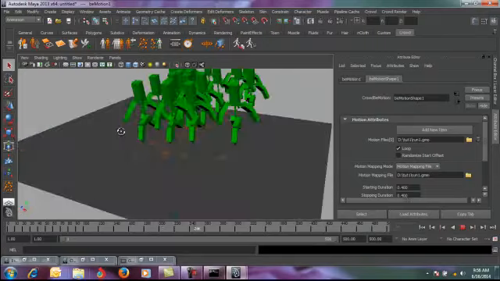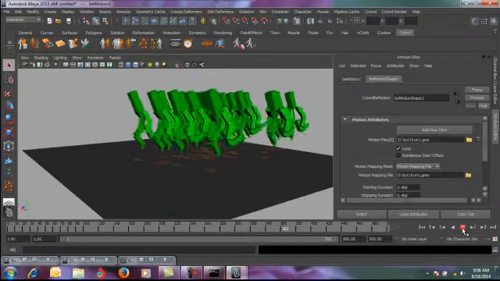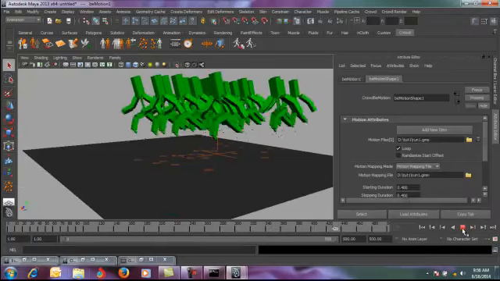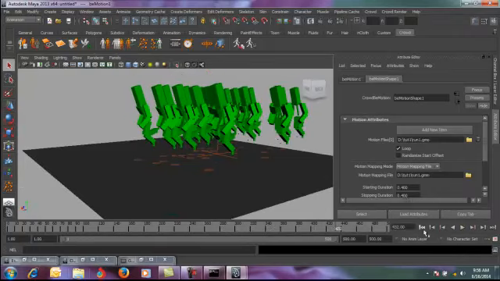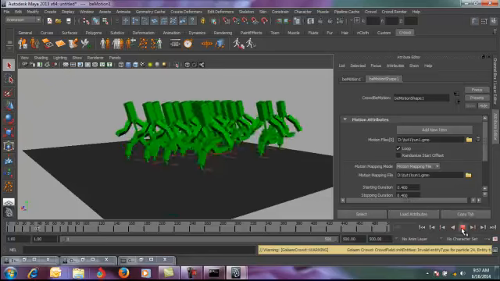This was a very basic and fundamental setup of how to add motions to a crowd. We will wrap up this tutorial here. The next tutorial is going to be on how to add meshes here and render them to get a final output. Thank you.